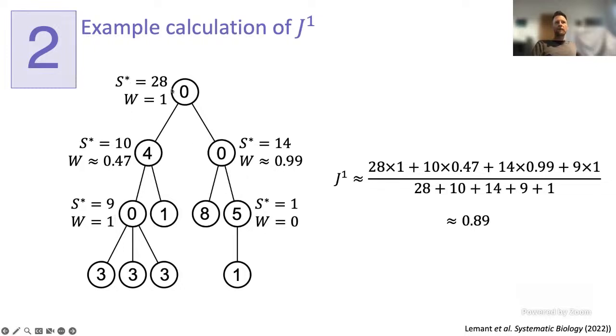If you look at the root node here, it gets a score W equals 1, because if you add up the sizes on the left-hand branch, 4 plus 1 plus 3 plus 3 plus 3, you get the same as if you add up the right-hand branch, 8 plus 5 plus 1. So you get 14 in either case. So the root is perfectly balanced. And here, this one's almost perfectly balanced because it's got 8 on one side, 6 on the other, which is close to equal. This one is less balanced because it's got 1 on one side and 9 on the other. This one is perfectly balanced because it's got 3 and 3 and 3. So overall, when you take the weighted average, you get something that's pretty high.